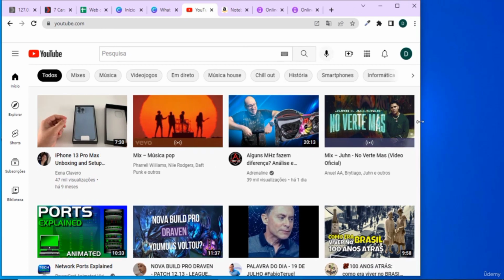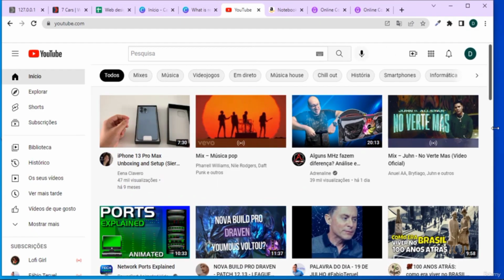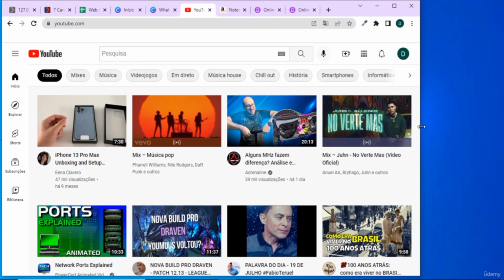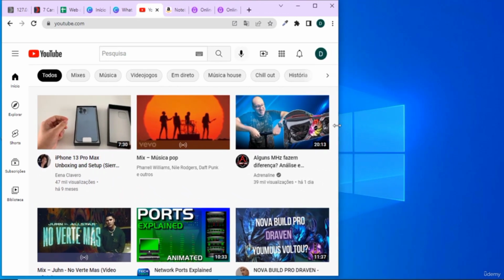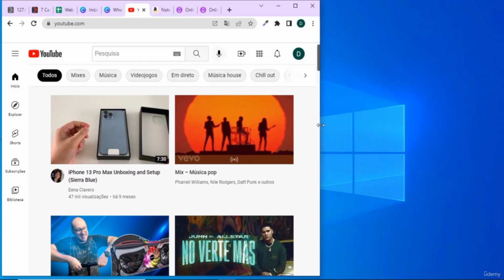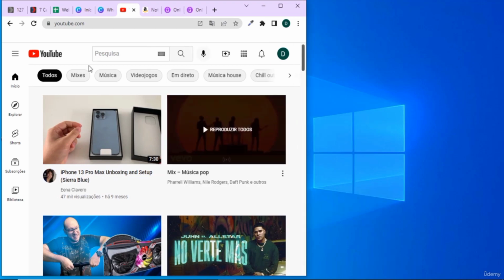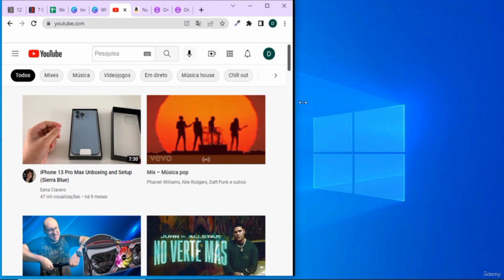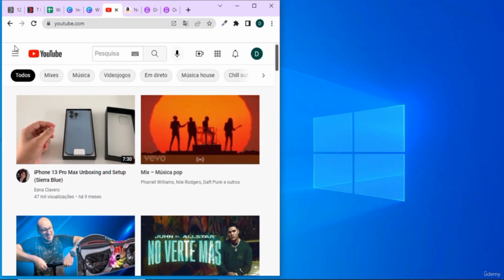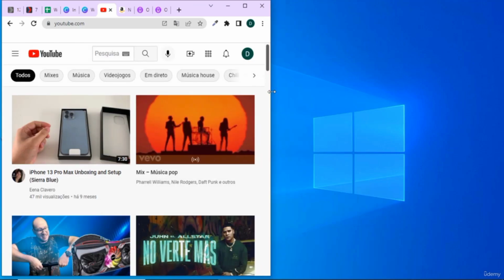I'm going to reduce and see some modifications right here happening. Now I just have 3 videos while I had 4 videos before. Let's decrease. Things are changing right here. You can see now I have 2 videos. Look at what happened with this menu. It has disappeared and went to all here in this hamburger icon that I have, so I can easily find